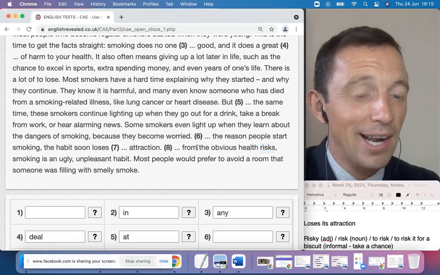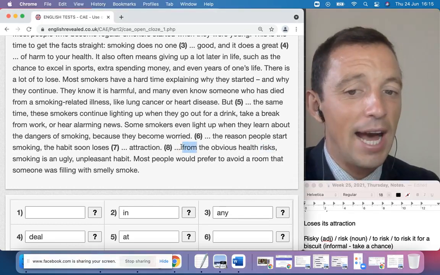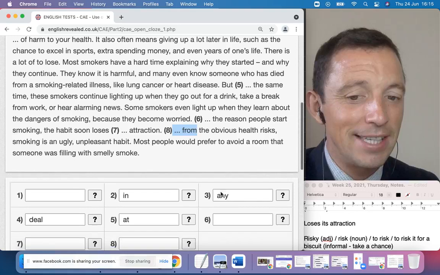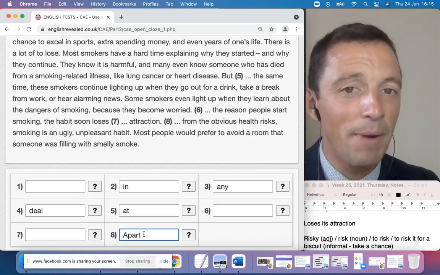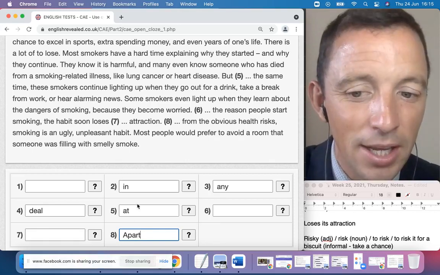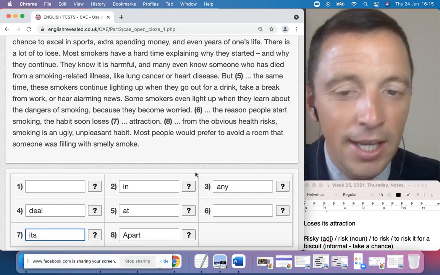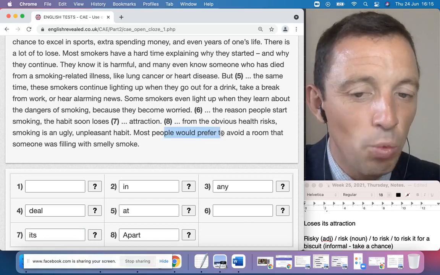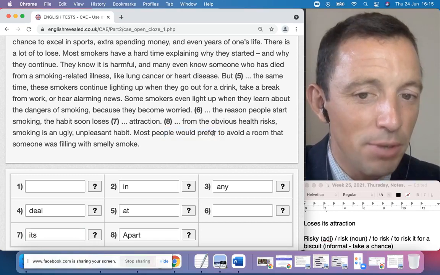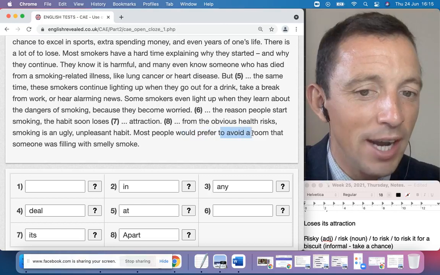Number 7 is its. Number 8, the clue is from, and the best answer for 8 is apart. Apart from, apart from. That's very, very typical. So those are the answers. Most people would prefer, would rather, is possible, to avoid a room, evitar,